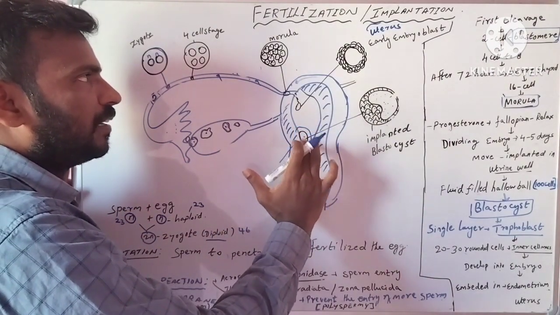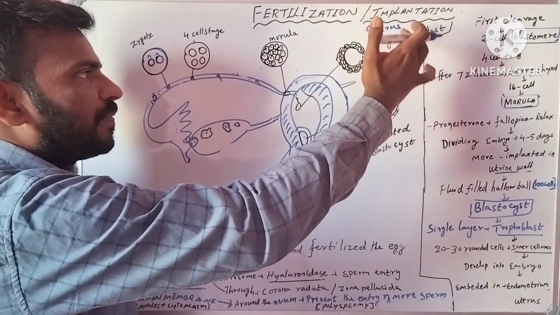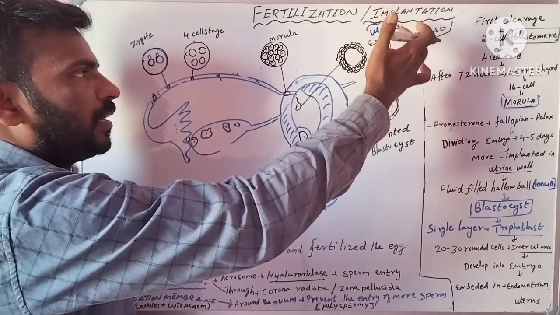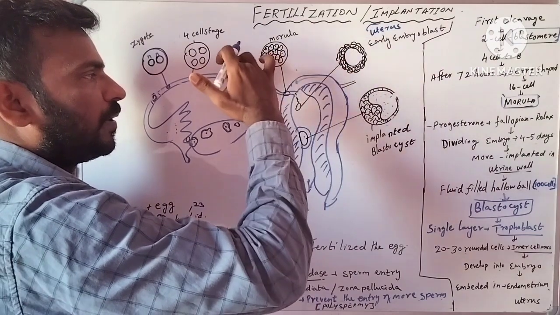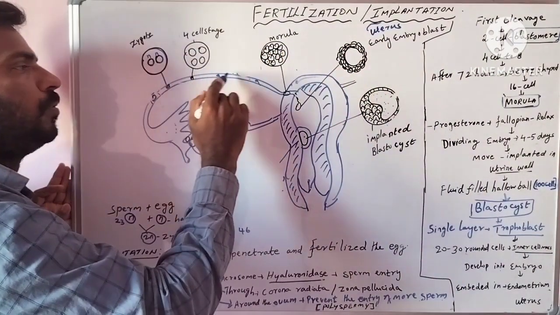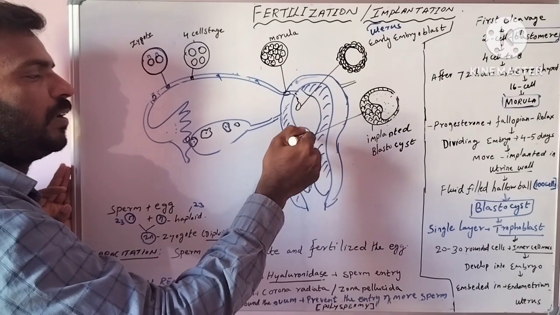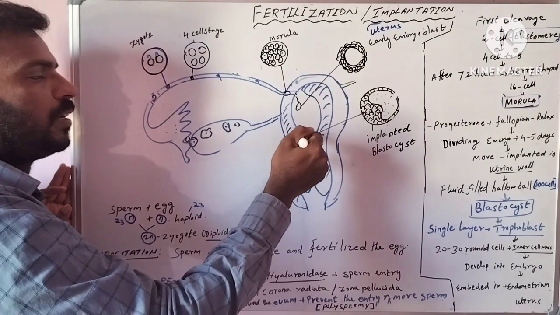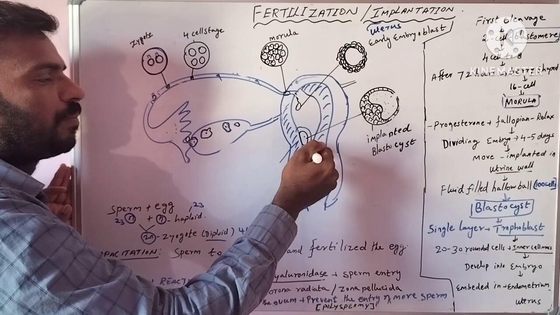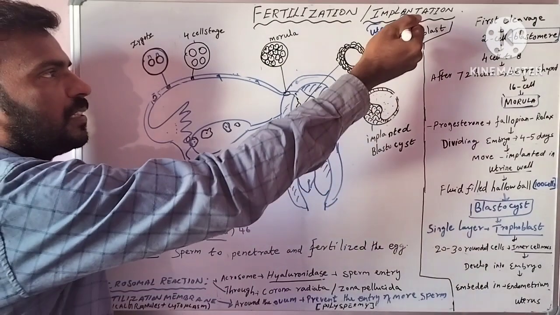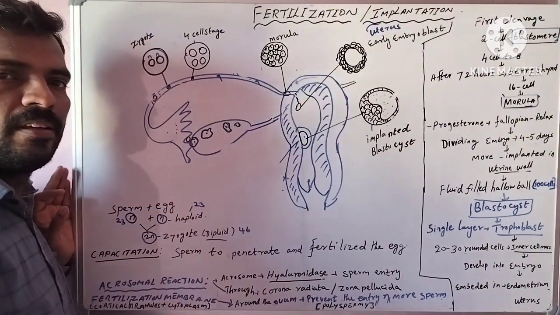That is, the fertilized egg. After fertilization, the egg will move through the fallopian tube, and move and implant into the uterus, the endometrium layer of the uterus. That is called implantation. Okay,